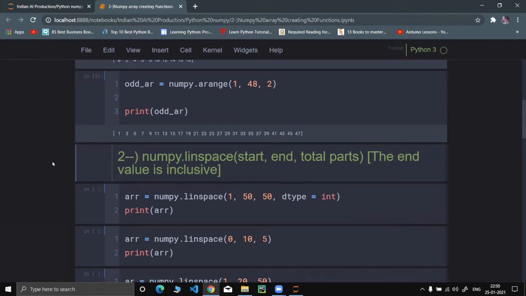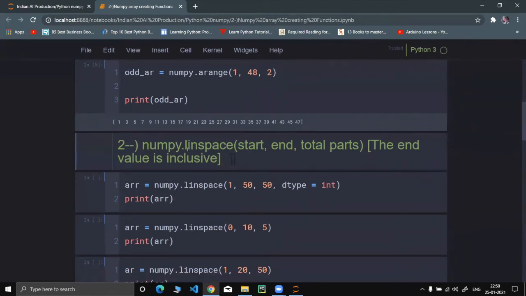Perfect. Now a second function for creating a NumPy array: numpy.linspace. The parameters are the starting value, then the ending value, and the total number of parts.